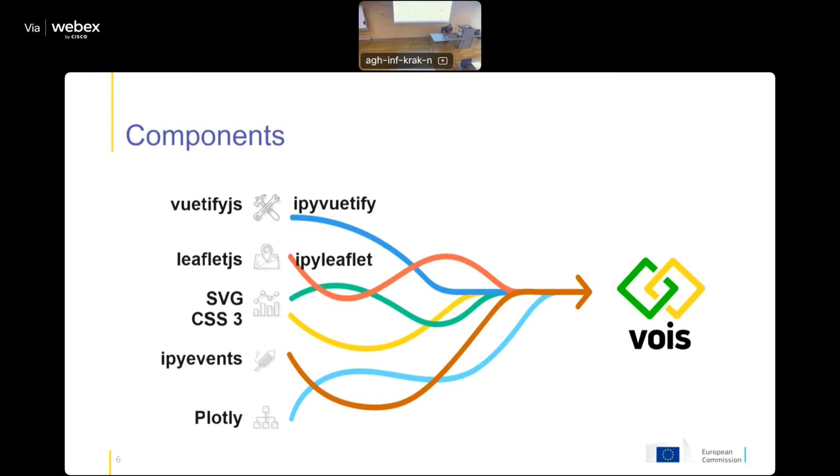Which are the components of this library? As I said, the ipyvuetify widgets are used to create the interface elements, so the upper part of the slide. But since many of the apps that we create have a geospatial component, we need an interactive map to display raster and vector data, and we selected ipyleaflet, which is a port of the famous Leaflet.js JavaScript library into the Jupyter